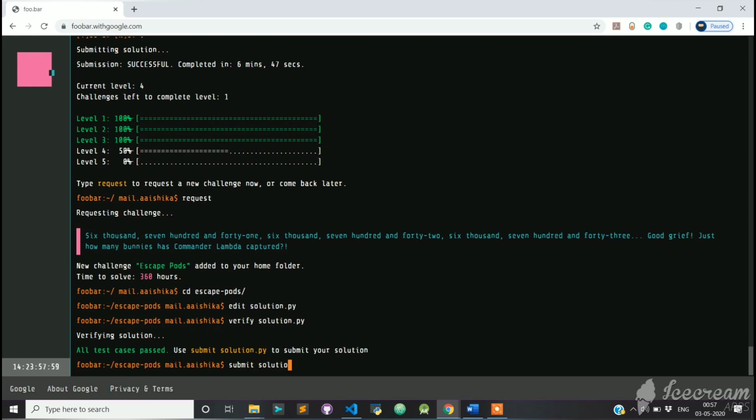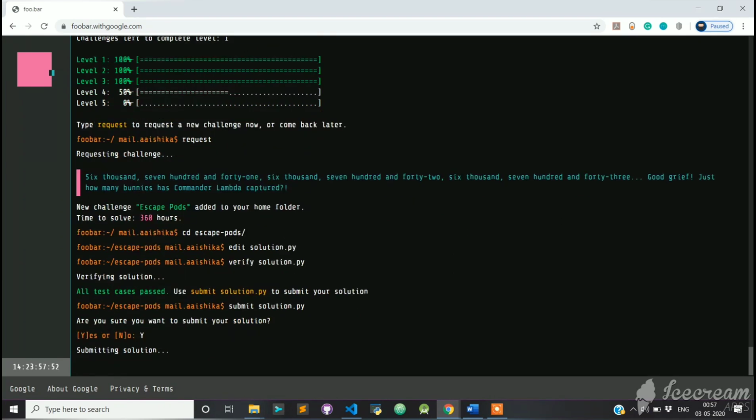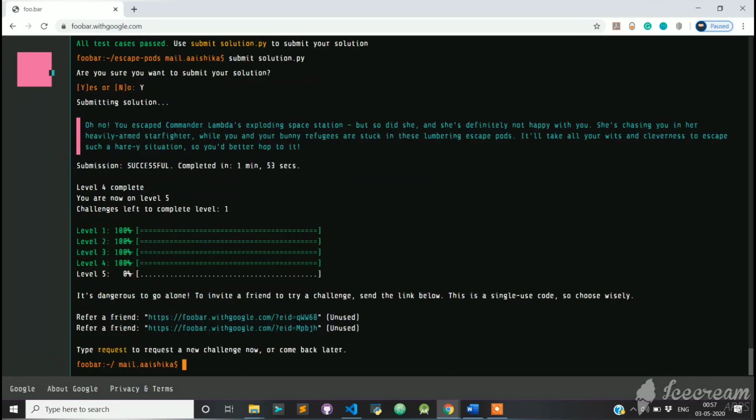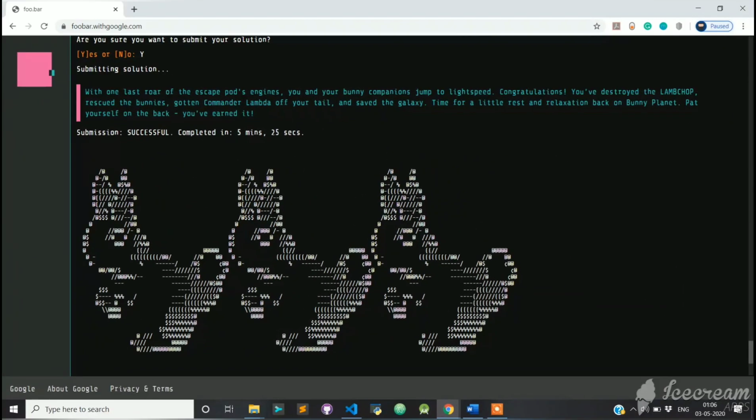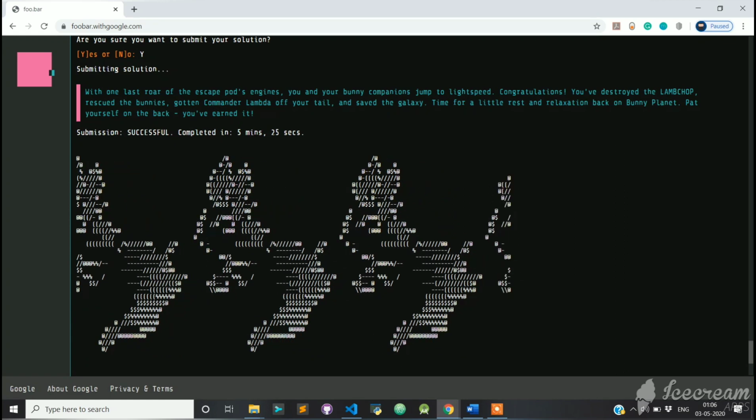After you complete level 4 by submitting the solution of the second question, you get another referral link that you can share with your friend. With these referral links, you can invite anyone to attempt these challenges on Google Foobar. As you can see here, we now have 2 referral links. Note that you need to solve one question to complete level 5 and to finish the Google Foobar challenge. Now this is the screen that you get after you successfully finish Google Foobar.